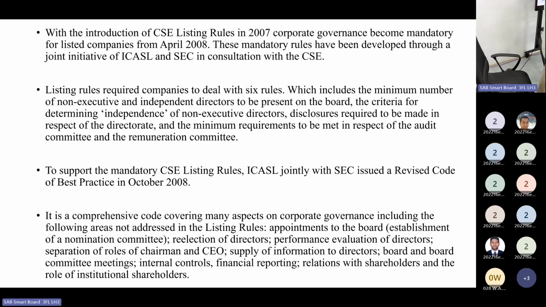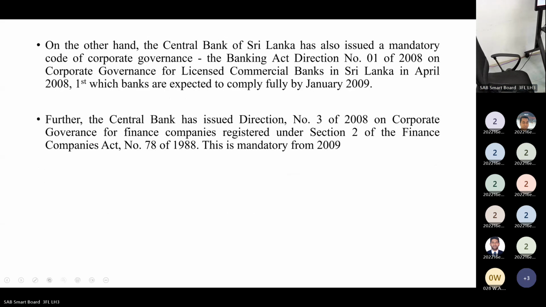Appointment, they talked about audit committee and remuneration only. But now they introduced the nomination, re-election of directors, performance evaluation, separation of role of chairman and CEO, how to supply information to directors, board and the board committee meeting, internal controls, financial reporting, may cover up 2008 code. Right? Finally,